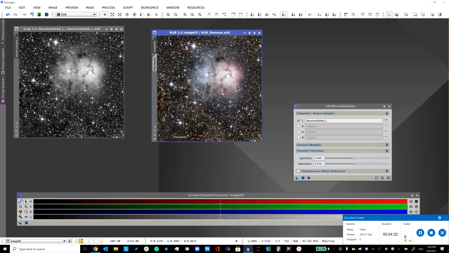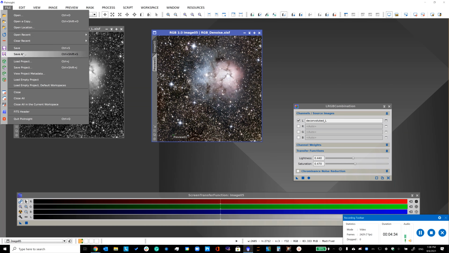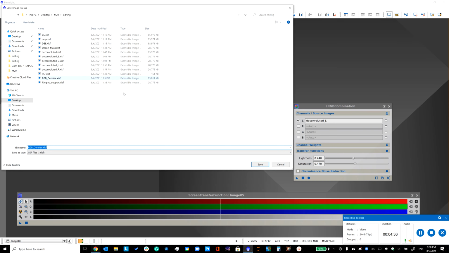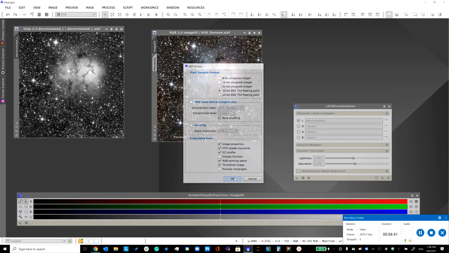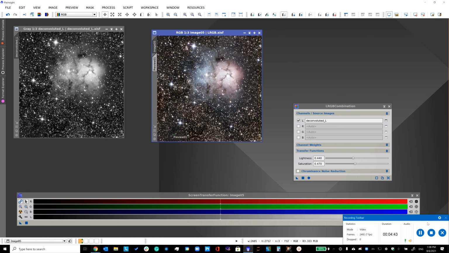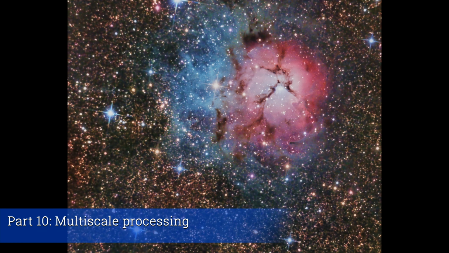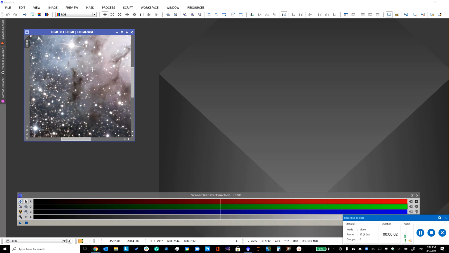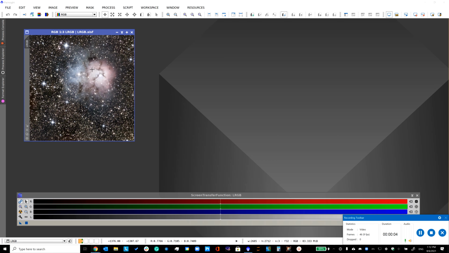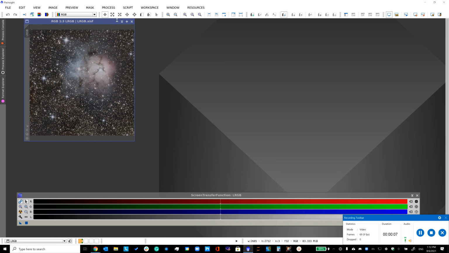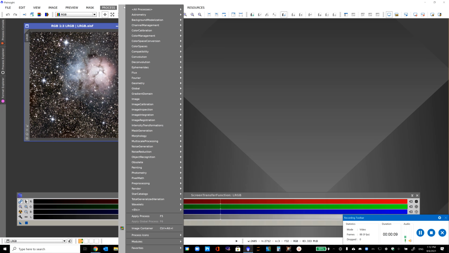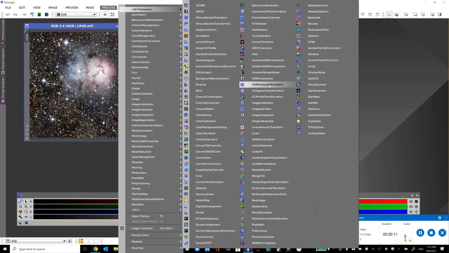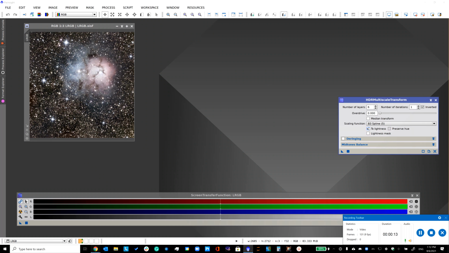Alright, and that already looks really good. So let's save that as Luminance LRGB. Alright, so now that we have our stretched LRGB image, it's time for my favorite part of processing, and that's multiscale processing. The first thing we want to do is just apply an HDR, and then we'll want to do